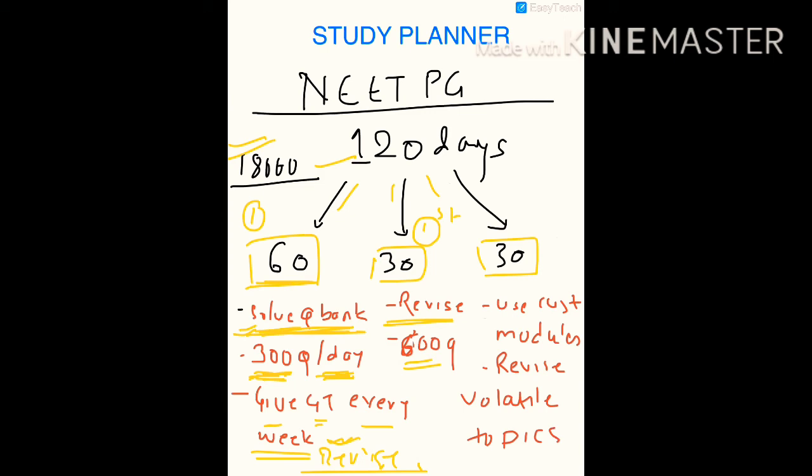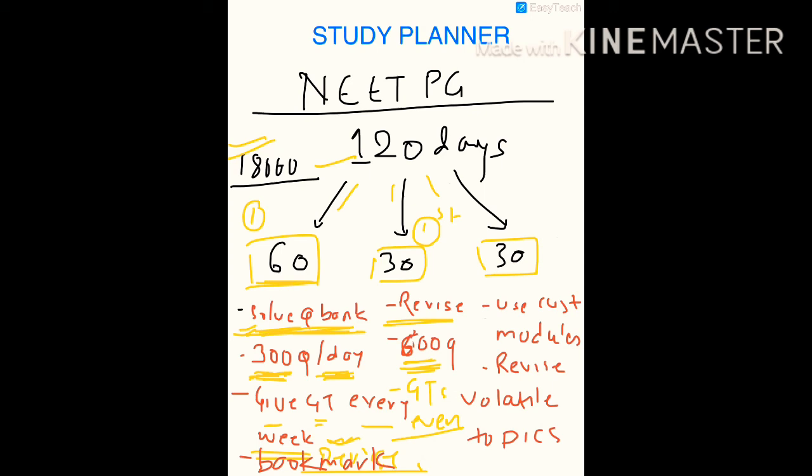So revise those MCQs again, and what I want you to do is bookmark the MCQs which you got wrong when you solved the Q bank the first time. Bookmark those MCQs, and then revise them during your first revision when you solve the 600 MCQs. Okay, revise those and read the explanation and solve, and along with that give the GTs every week. Every week you have to give a GT anyhow.